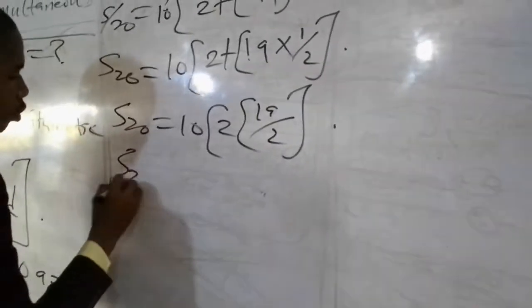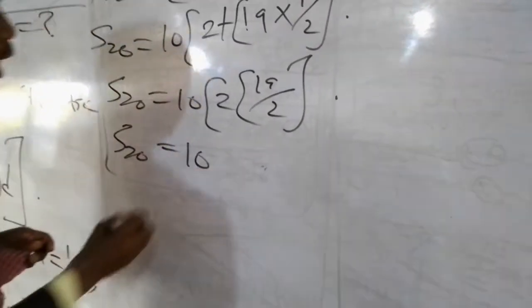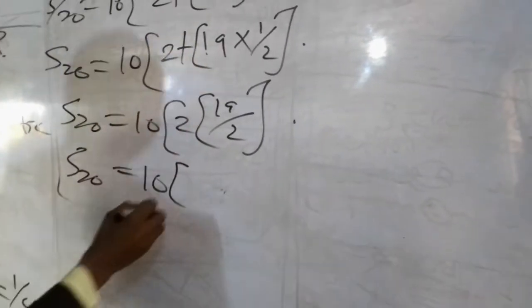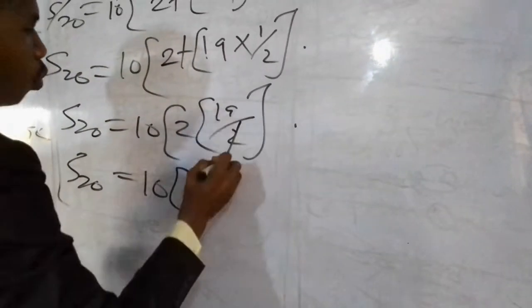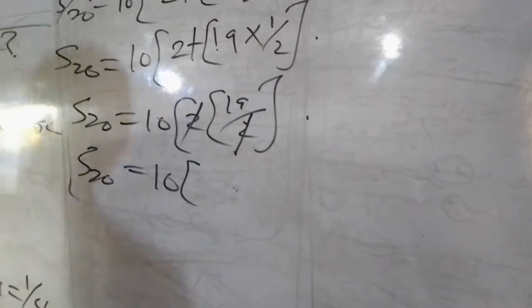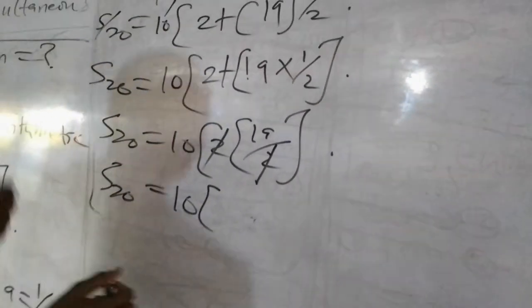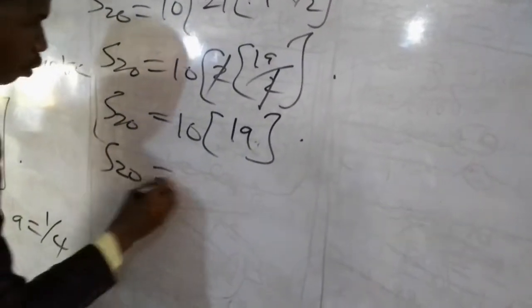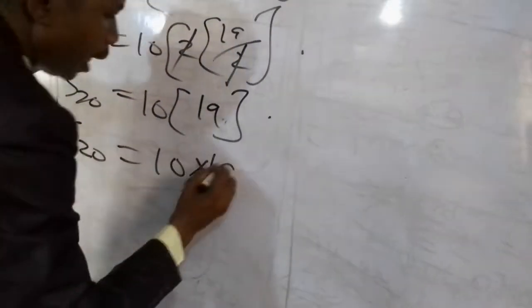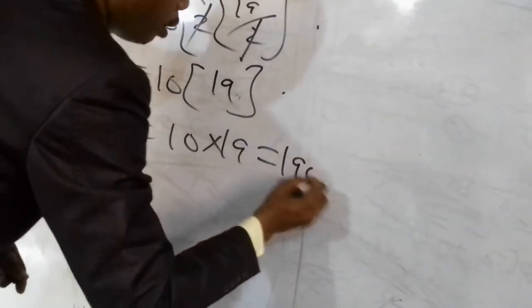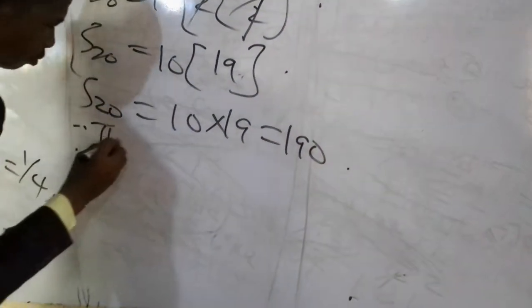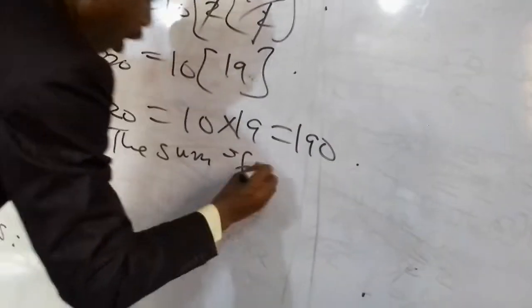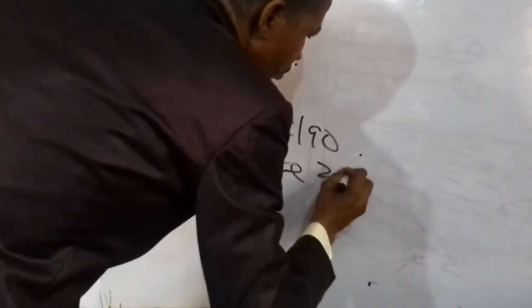We have S20 equals 10 into bracket. These 2 can take care of this 2. We now have 19. S20 equals 10 times 19, that is equal to 190. Therefore, the sum of the 20 terms